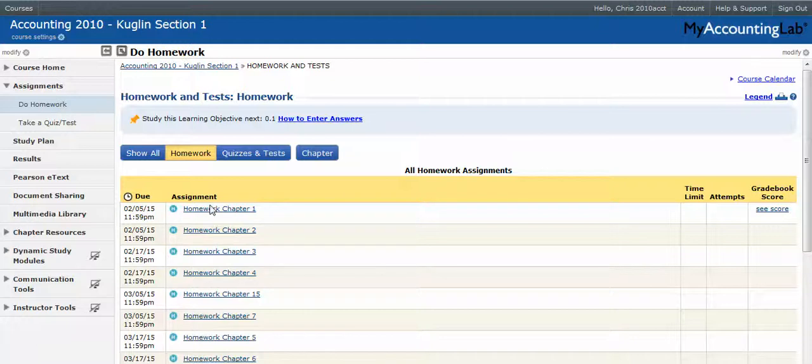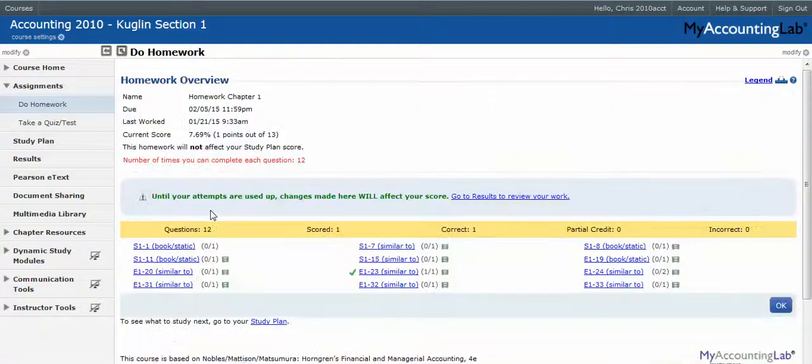So let's go ahead and select Chapter 1 homework, and we open it up, and you will see there are a lot of problems assigned to you. In the first few homework assignments, you will have a lot of problems assigned to you, and plan on it taking you anywhere from 1 to 6 hours depending on your skills. So I'm going to go ahead and check on